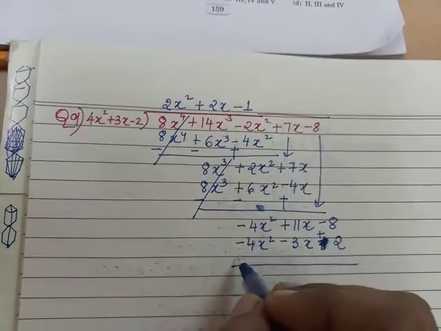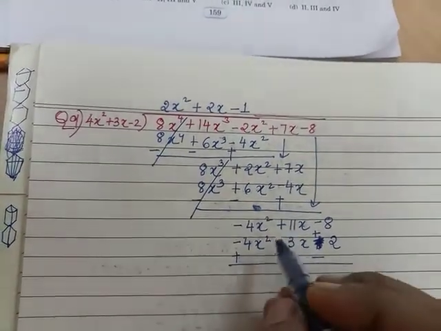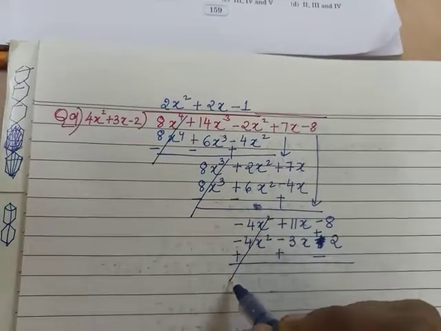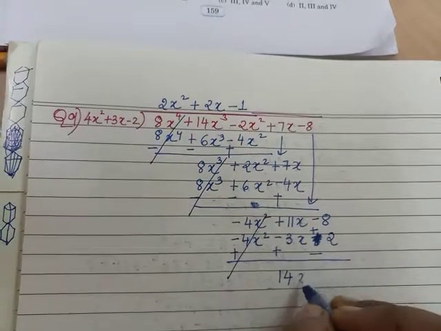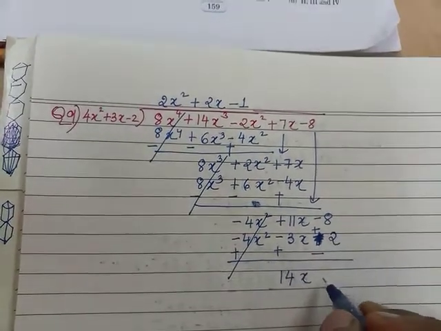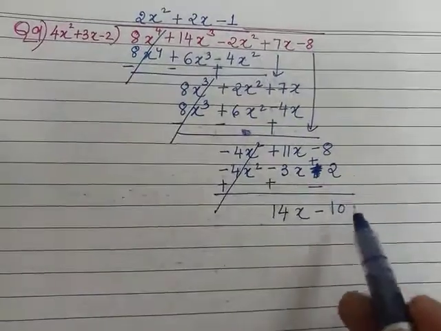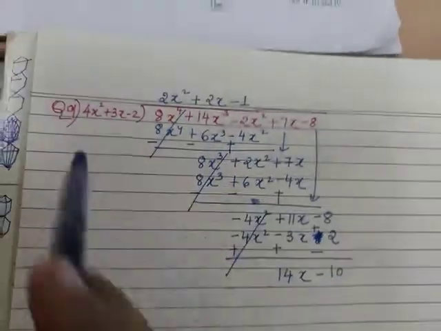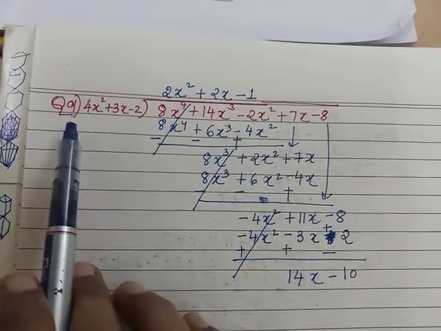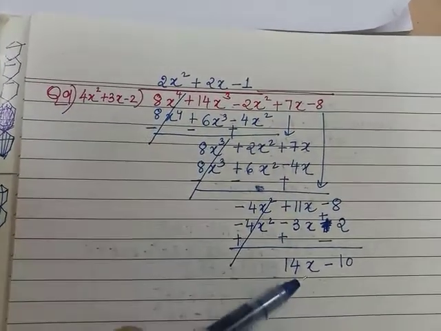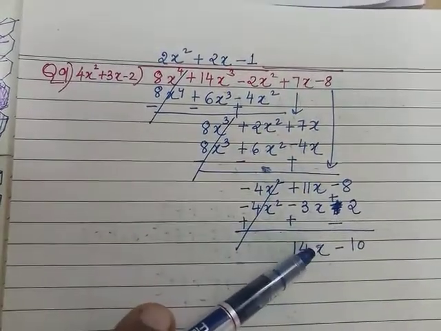Now again we change the sign. So what we get? This gets cancelled. 13 plus 11 plus 3 will give you 14. Minus 8 and minus 2 will give you minus 10. So that means this is extra, because with 4x square, what you going to multiply with 4x square to get power x? It's not possible. From power 2 we cannot get power 1 here.